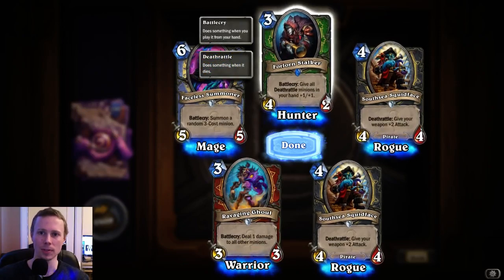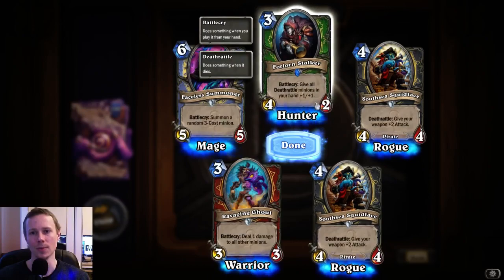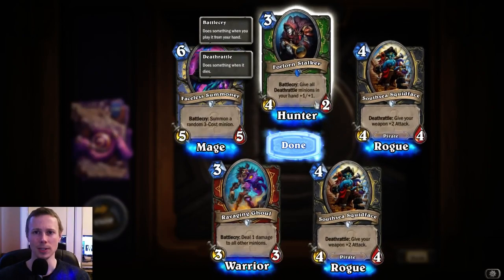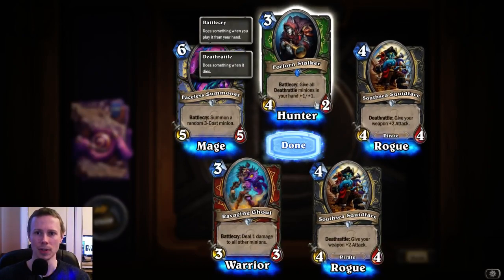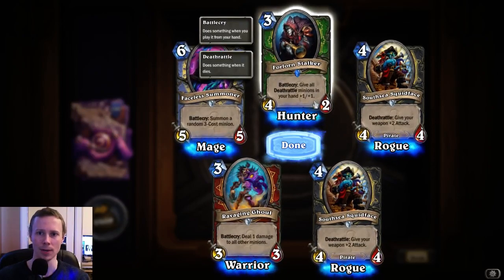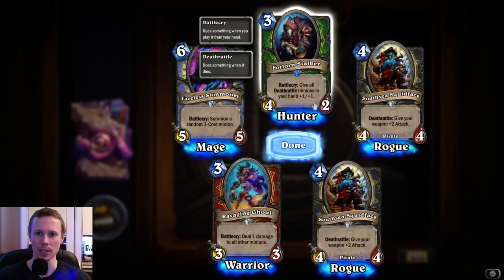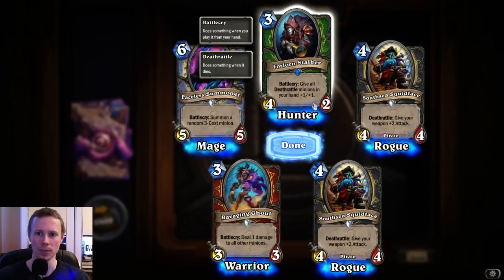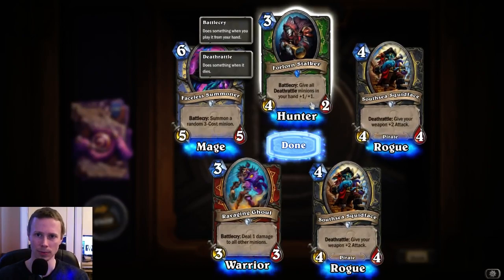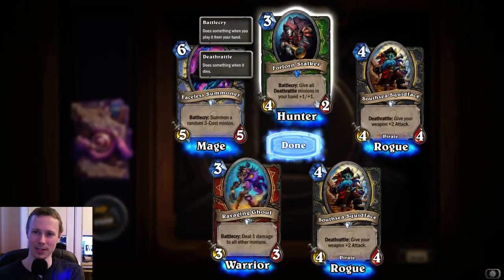So, Forlorn Stalker, Battlecry: give all Deathrattle minions in your hand +1/+1, 4/2. I know that with the Hunter deck, Blizzard have been focusing on trying to make Hunter sort of mid-range or even late-game Deathrattle minions. Real focus. And this card would help with it, but I'm not sure if it's too slow for Hunter and too vulnerable. But to be fair, the mid-range Hunters do go a little bit slower anyway, so...